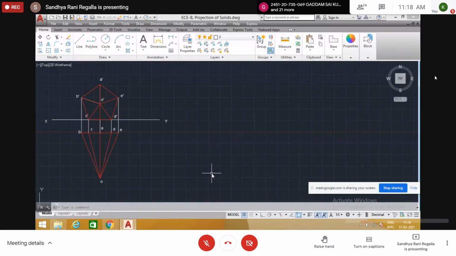and axis 40 mm in front of VP. Ma'am, once again you repeat the question.